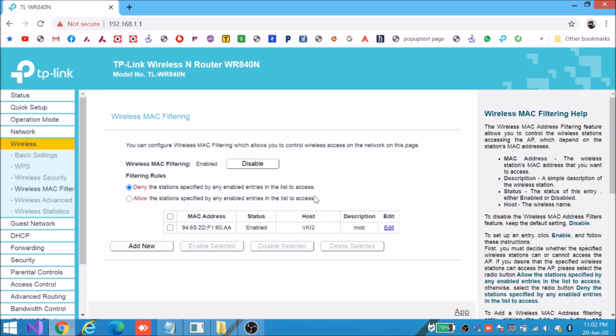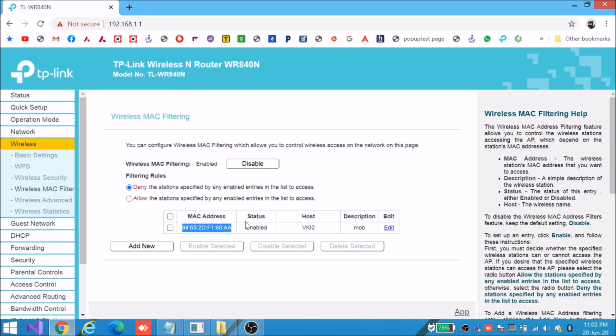Here just make sure you are not entering the MAC address of your laptop or PC using which you are performing all these settings, because if you deny internet to your PC, you will not be able to connect to this settings page again without resetting the Wi-Fi router.